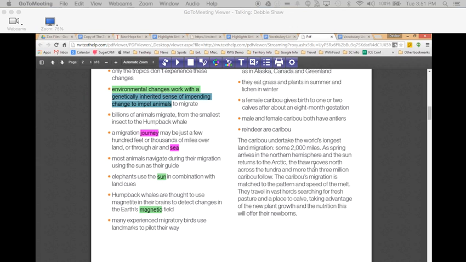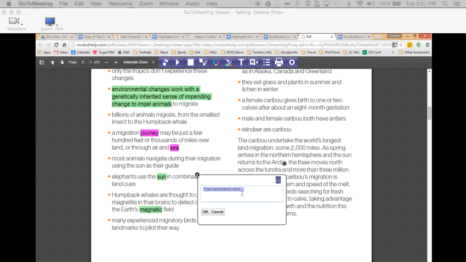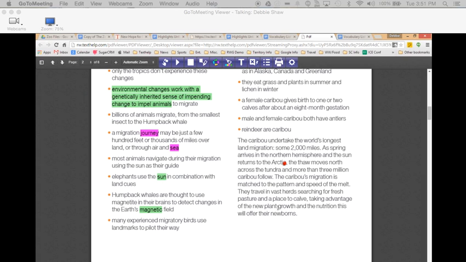Or if I wanted to make my own note, I could click on my little annotation button here. Right now, there's an X on it, so it's disabled. But when it is enabled, my cursor turns into a big red push pin. So I can click on there, and now I can add my own note directly into this document. I click OK, close it up, and now my push pin stays there, so that when I click on that,